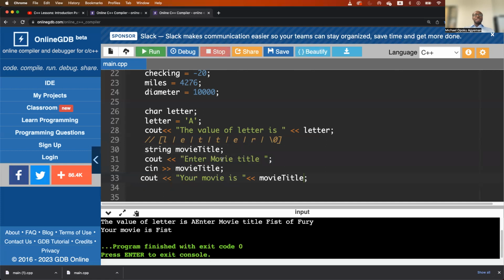Didn't cover the whole thing, but we can play with it more to see when the spaces are skipped, because cin is skipping the spaces. Before we do that, as the weeks go by, we're going to fix it anyway, or in other videos for those who are just watching videos. So let's give this an initial value. Remember, string, you need double quotes, right? This is awesome. And then we print out